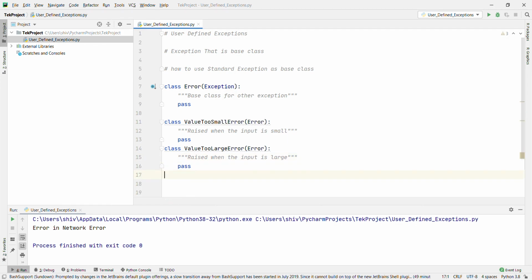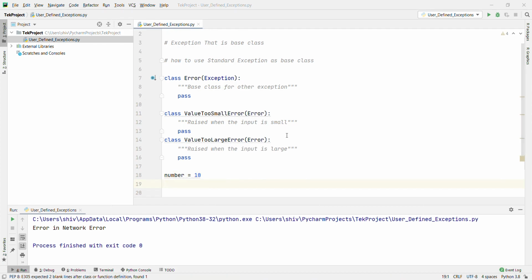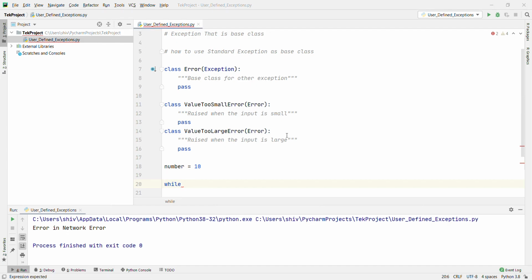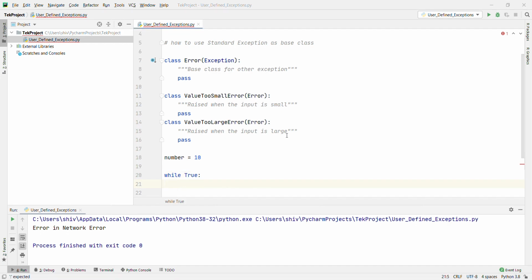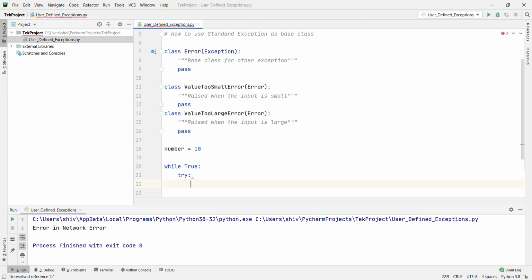Now we give the number you are going to guess: number equal to 10, and then a while loop, guessing until you get it right. While True, try, colon, i_num equal to int of input, enter a number.